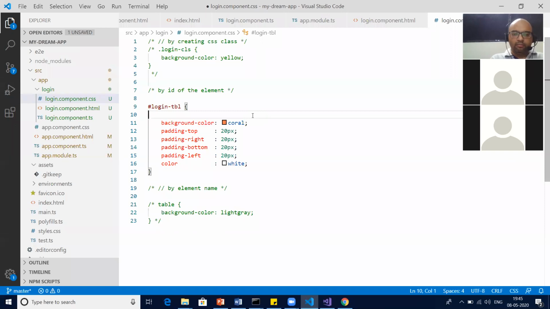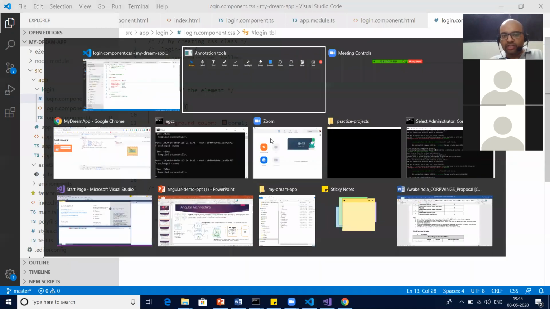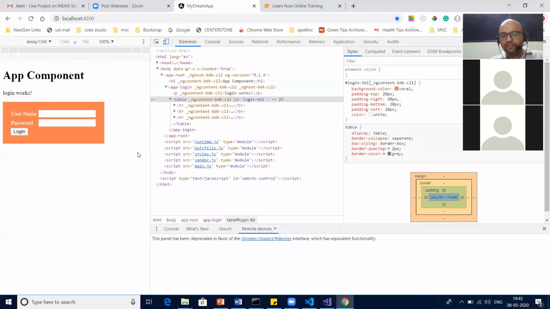Okay, paste in your class. Is that clear to you? Yes or no? And now when you save, now it is permanent. Now these changes are permanent. You can see it got reflected here. Is it clear to all of you guys? Yes or no? Any question, any doubt you have?